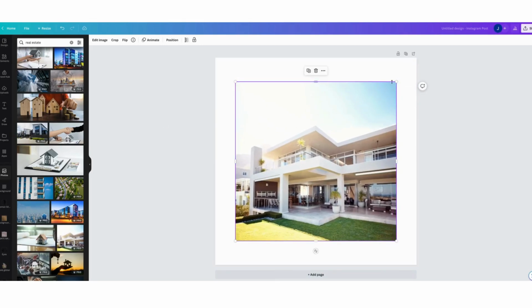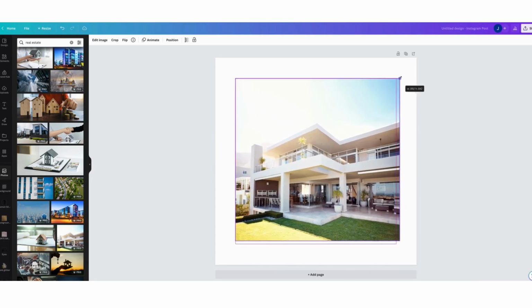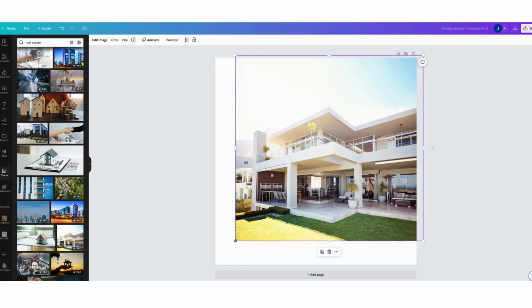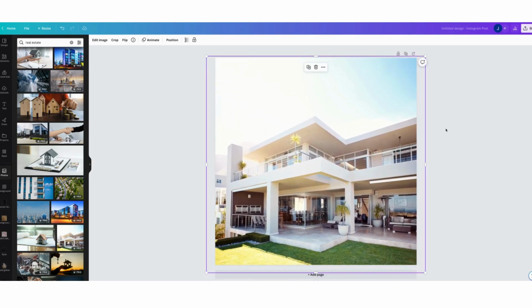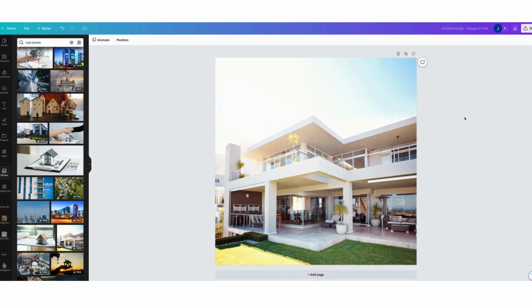You can change the size of the photo by clicking and dragging this corner here or any corner. Okay, position your photo as you like,